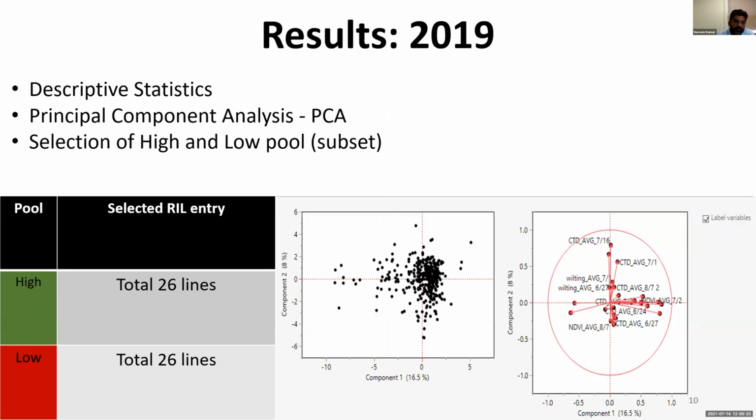So here are the preliminary results of 2019 field data. First, I did the PCA to reduce the large number of variables in the data by extracting the important ones. The PCA report shows that the first principal component accounts for almost 16% of variation in the data, and together both components account for about 25% of variation, which is not high. But I was more interested in the variables which have the same magnitude and direction for different attributes like NDVI, CTD,